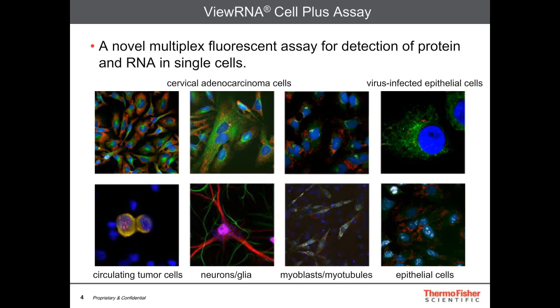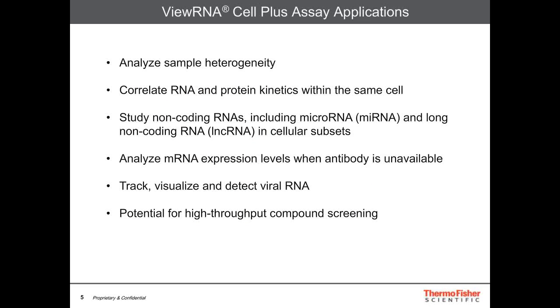Everything from cervical adenocarcinoma cells to virally infected epithelial cells shown in the top right, as well as models of circulating tumor cells, neurons and glia, and epithelial cells. So all of the different types of cells that a researcher might encounter in a typical look into their model of interest. The applications of the assay are